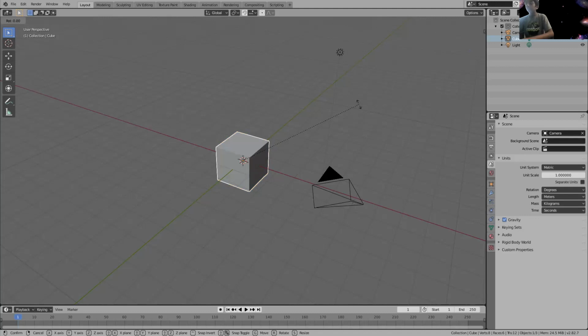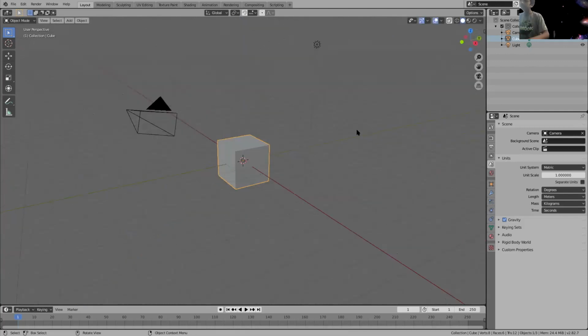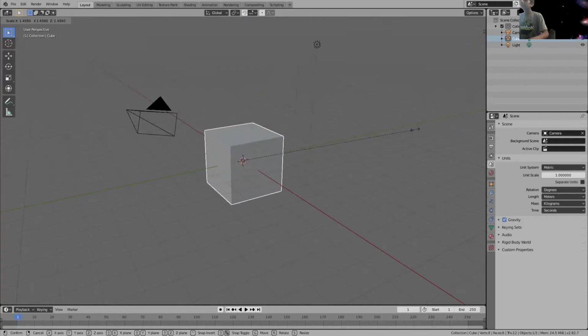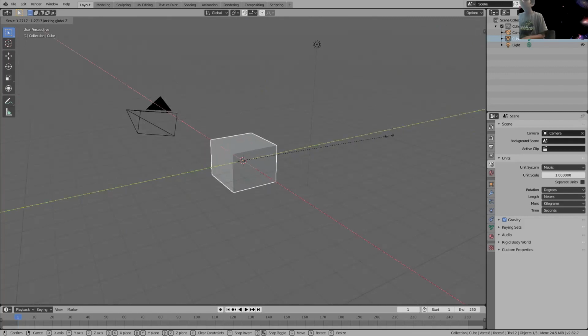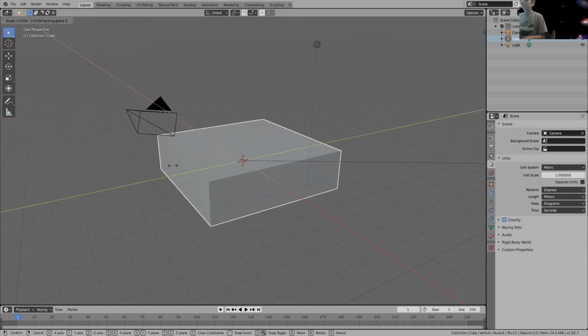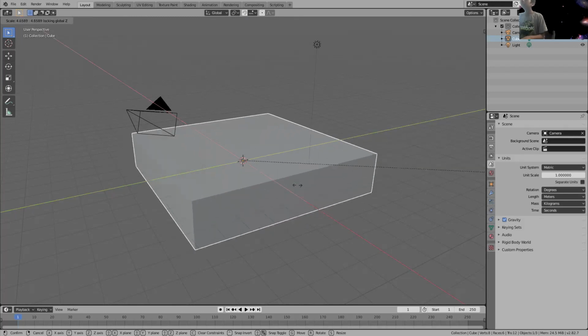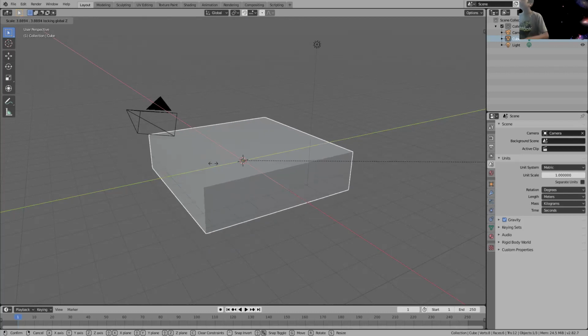So rotating, suppose Shift X, so now it'll rotate in Z and Y. And so let's go to scaling. So scaling, if I don't want to scale on the Z-axis, I just want to make it thicker, like this. This is extremely helpful, because sometimes you don't want to make it taller, you just want to make it